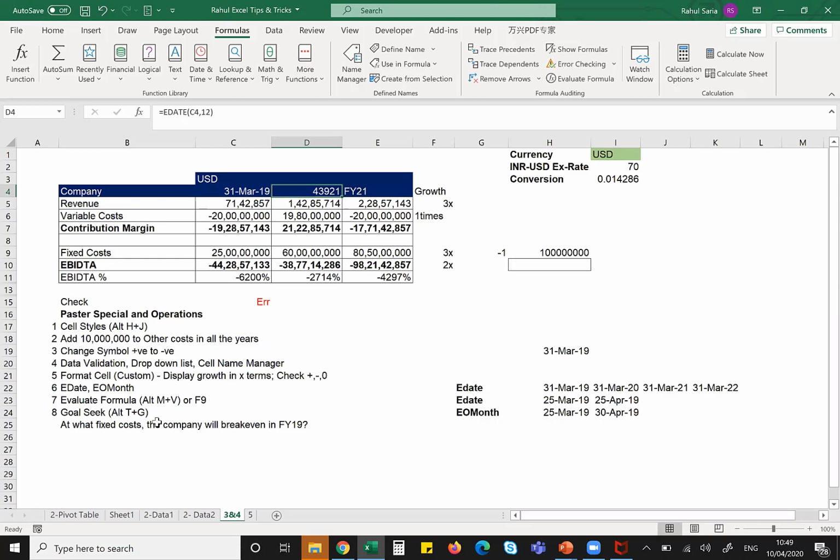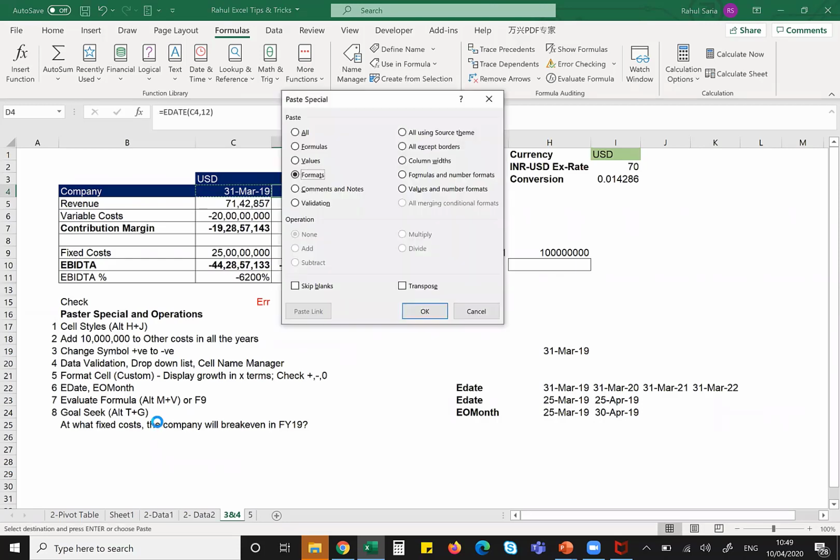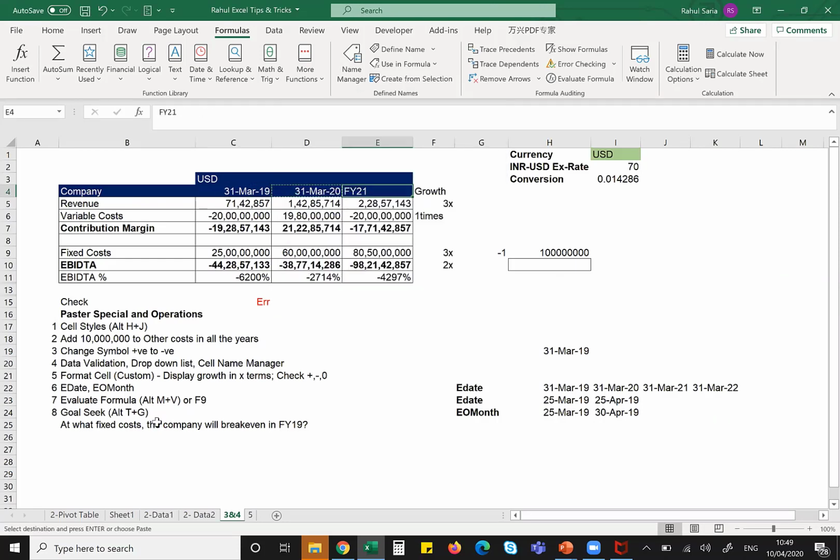I'll change the format to date format. Okay, you see that? And just copy the formula. So this is 12 months. If I select 1 month, I can create monthly data. Okay, let me click this. Now you see this. If I want to create a report in which there is monthly data, I can use the formula EDATE. It will give you exactly the date 1 month later.